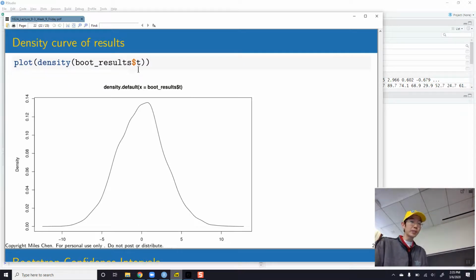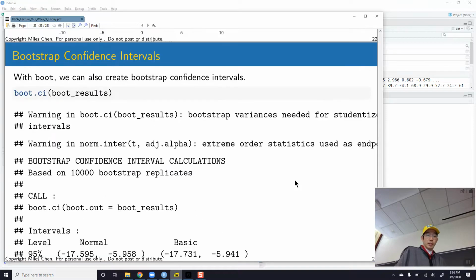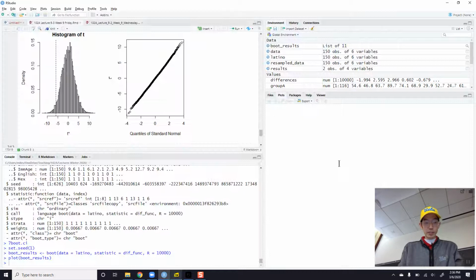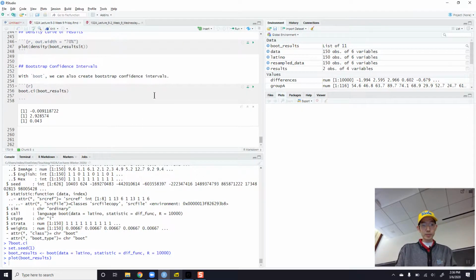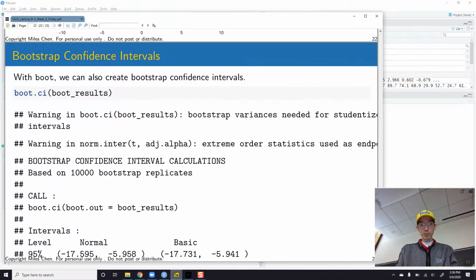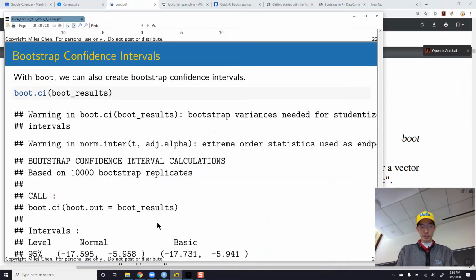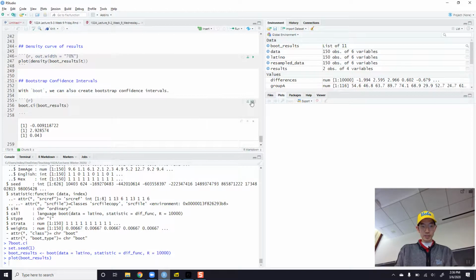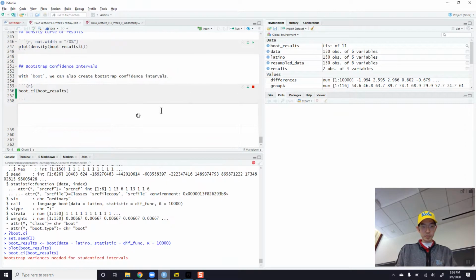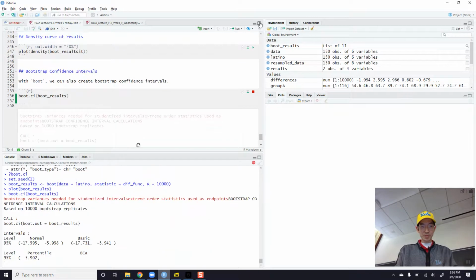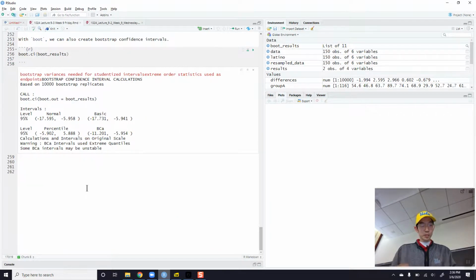Here I can call density on this and plot the density, and we get something that looks a lot like the normal distribution, which is a good sign for us. And then, okay, this all got chopped up again. If I minimize, okay, so now you can also look at